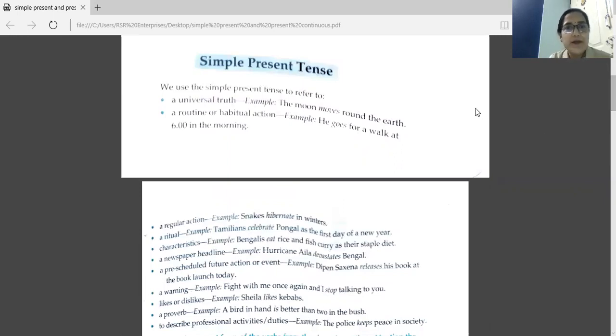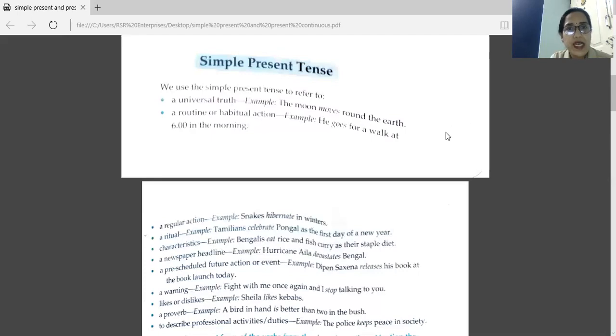Now I'm starting simple present tense. So where can we use simple present tense? Now first thing, which form of verb do we have to use in simple present tense? In simple present tense, we use the first form of the verb. As I said, there are three forms of verb. I told you the example also: write, wrote, written. The first form is write. So this form we have to use in simple present tense.